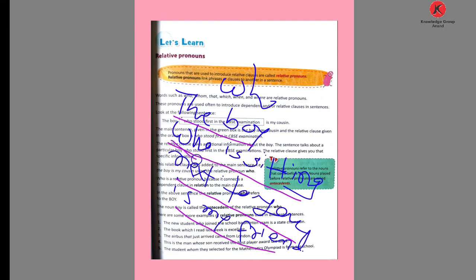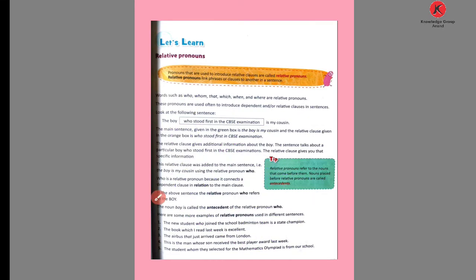The boy, it is showing the relation with who? With the boy. Who is sitting next to you? Given the information. Who is sitting next to you? This is the relative sentence. Which relative pronoun did I use here? Who. Okay. Here is one more example. Showing the relation. The boy is my cousin. The relative clause is added to the sentence, using the relative pronoun who.